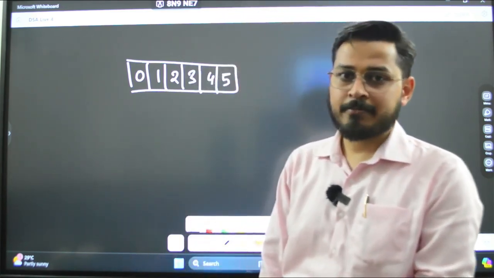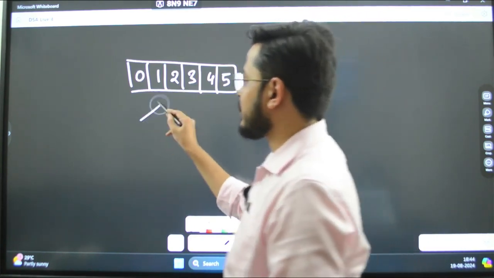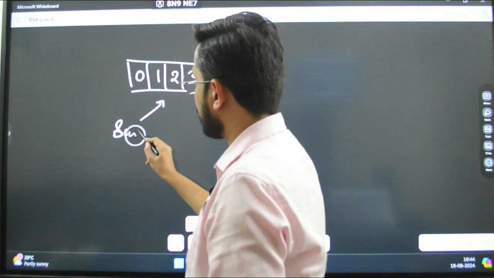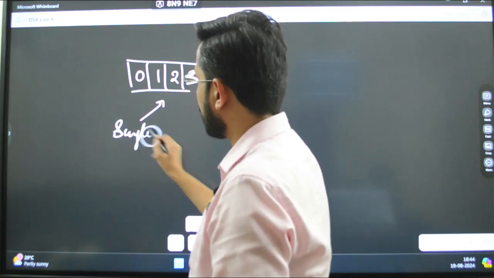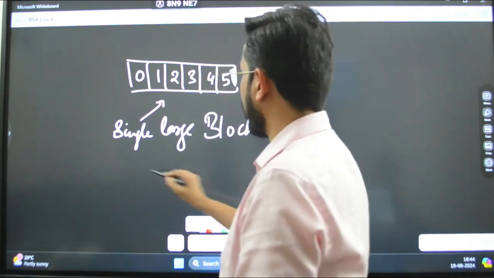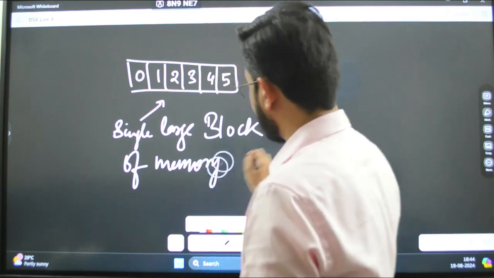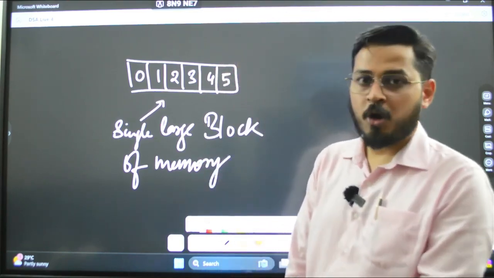Are you getting my point? So this is one single large block of memory.